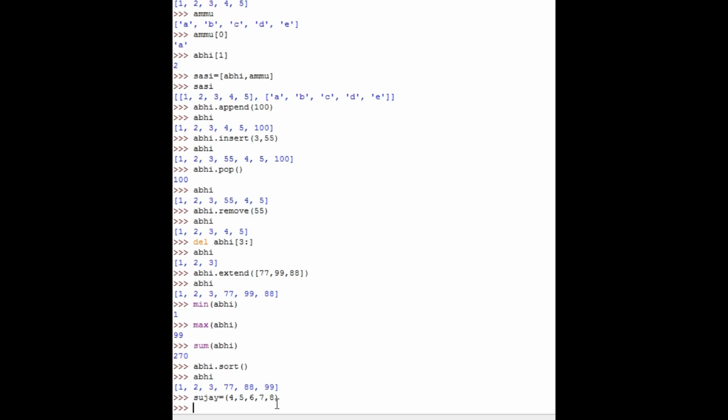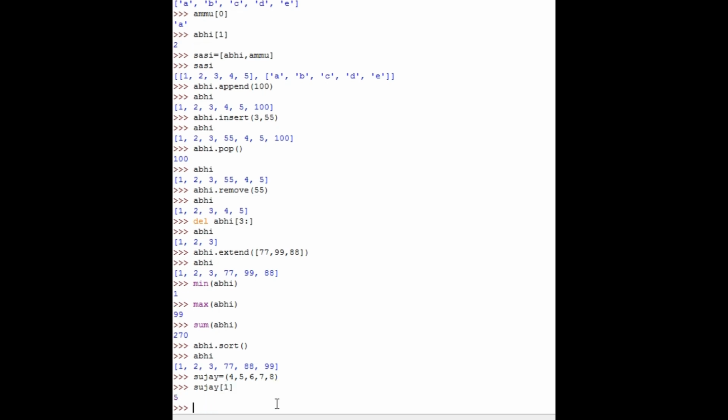But in this particular tuple we can't change the values. That's the major and biggest thing. And then let's start doing. If you want to sort values you can sort, that's not even a problem. So J, you have to give in these particular functions. Let's do one. See, we got 5 because here it is, and that's the reason we got 5.